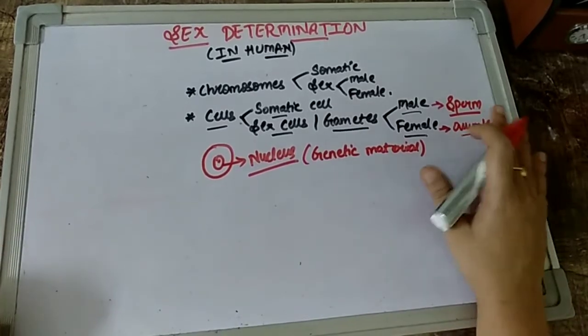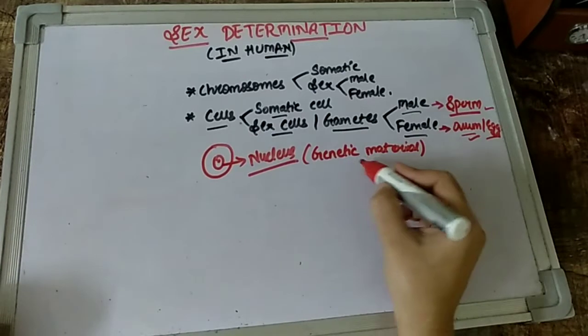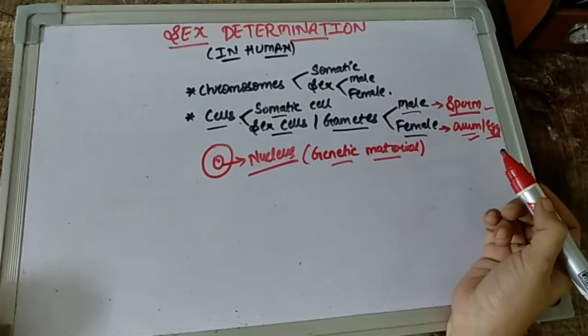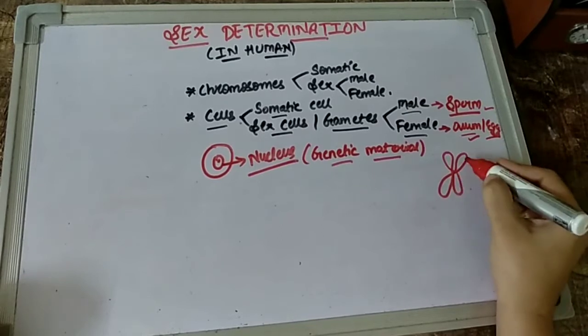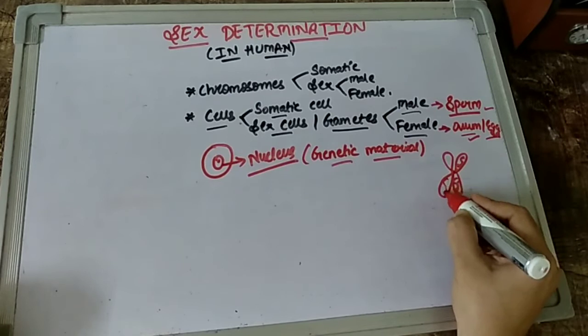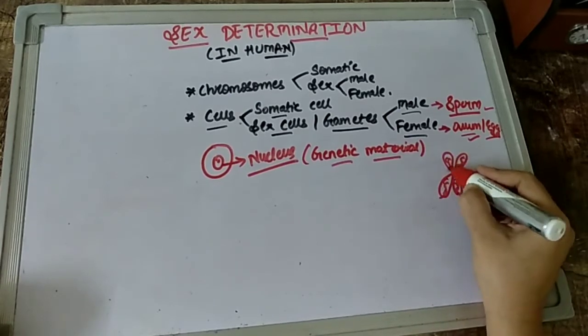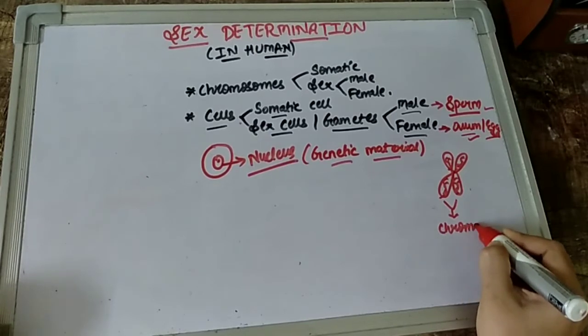Similarly, children, when I am talking about the sperm and the ovum, they also have their own genetic material. And we know that this genetic material is present inside such a structure in a helical fashion, as I am drawing over here. And this structure that I have drawn overall is known as chromosomes.